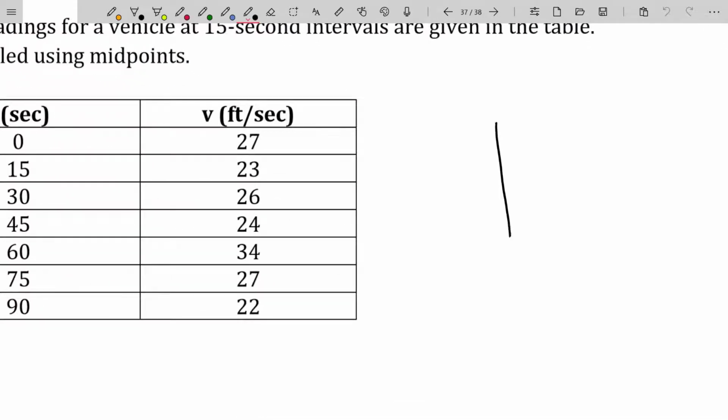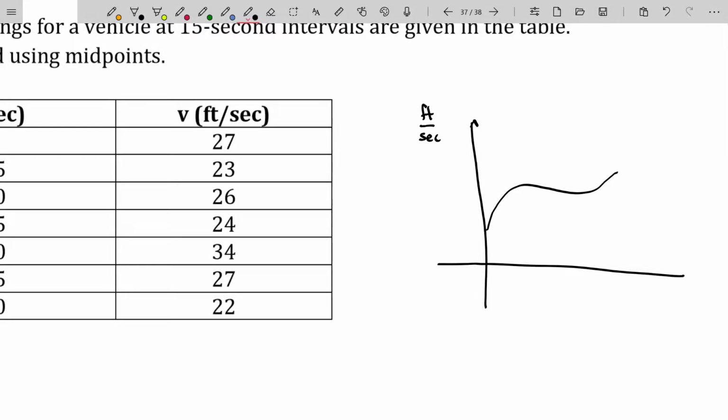So I gave you a graph, and it didn't really matter what the graph looked like. What mattered was that the units for the vertical axis, I think at that time, were meters per second. We're going to call them feet per second to match this data. And then the horizontal units, or the independent variable, was in seconds. Well, if you think about an area underneath this curve from time A to time B, we had talked about